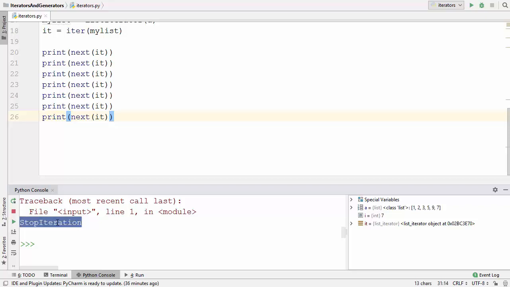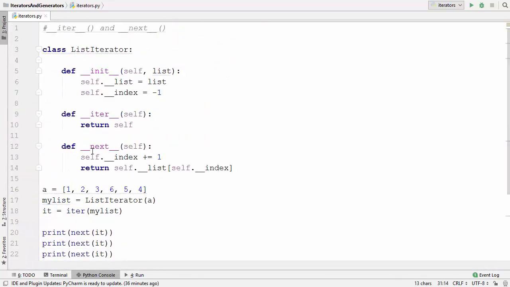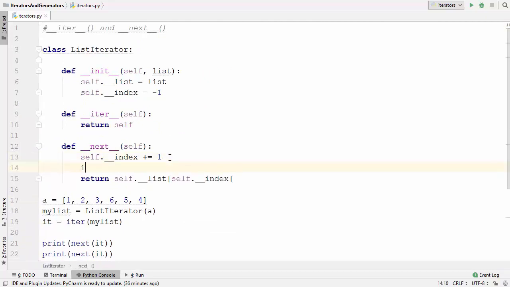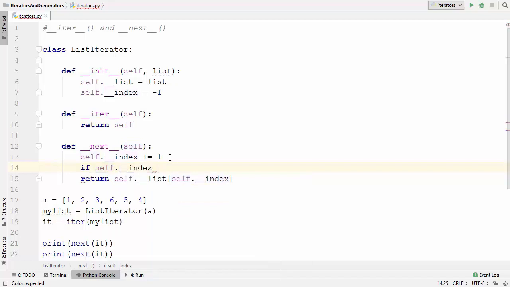So let's raise the same kind of StopIteration exception using our class also. So I will go to the next method of my class, and here I can give a condition, and this condition checks whether the value of index, so self.__index, is greater than or equal to the length of your list.